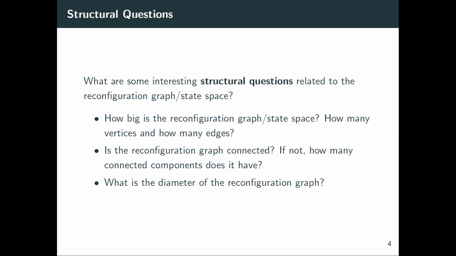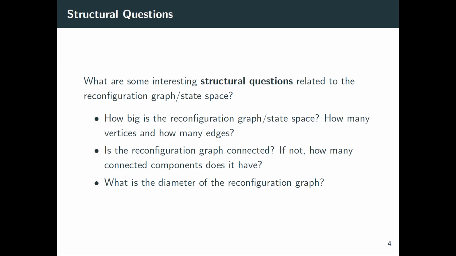And that's usually not a very hard question to answer in terms of upper and lower bounds. More interestingly, you could ask, is this reconfiguration graph connected, right? Or can I reach any state starting from any other state by a sequence of legal moves? And as I told you before, for the 15 puzzle, the reconfiguration graph is definitely not connected because there was no way to reverse 14 and 15 in the previous example that I showed you. And you can easily prove that, by the way. So when it's not connected, another question would be, how many components does it have? Is there some sort of nice structure to the components of this graph?